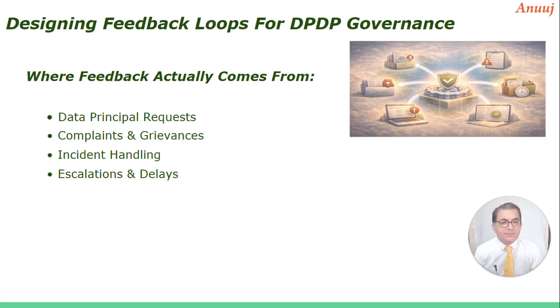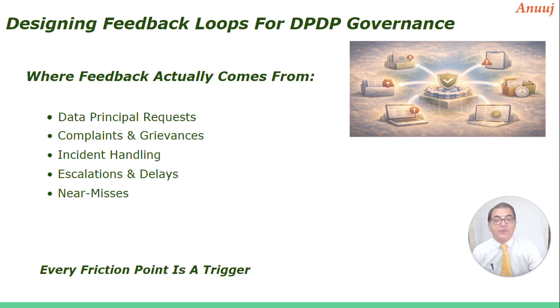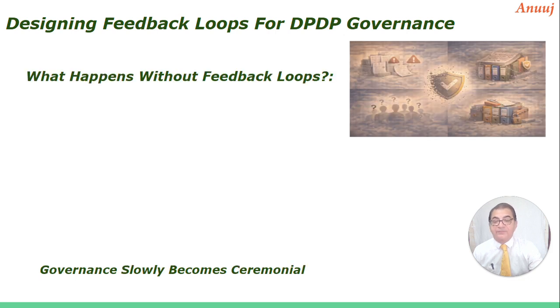When you get an escalation, plug it in. Good, you have plugged in the escalation. What next? Make it a part of your playbook which says these scenarios are handled like this, so that next time they don't get escalated. Important. All those would help avoid delays. Delays can themselves be a privacy issue, right? So you need to be very careful about that. Every friction point is a trigger that can impact.